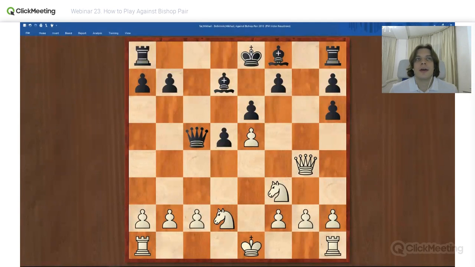Another case when knights can be better than bishops is when the position is full of tactics. Of course, you can understand it because it's much easier to blunder a fork than a bishop attack. So when the position is full of tactics, a knight can make more combinations than a bishop. Like, for example, this position, which is not actually a fully tactical position, but contains some tactical motifs.